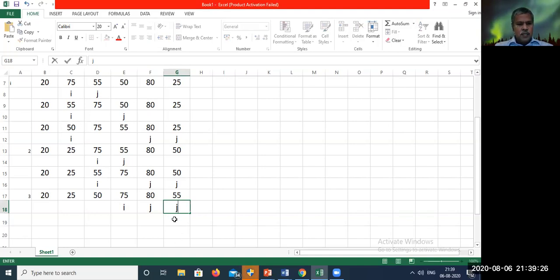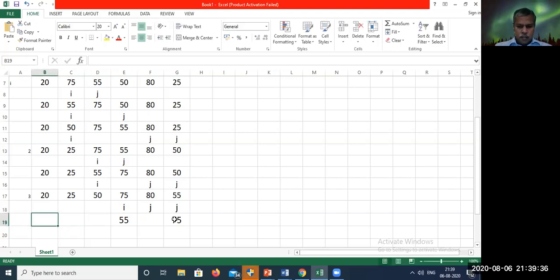The condition is true. 55 is less than 80. So I have to swap. Then the remaining elements I will write: 20, 25, 50, 55, 80. Now the fourth element is also arranged in my fourth iteration.